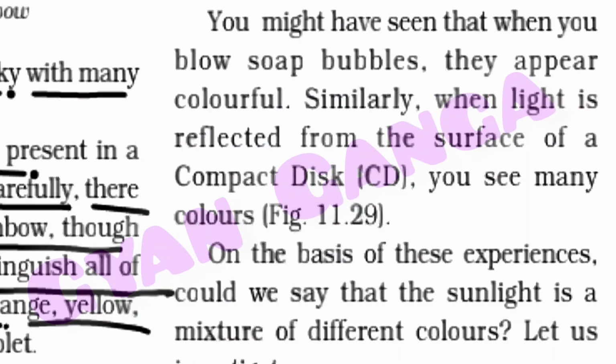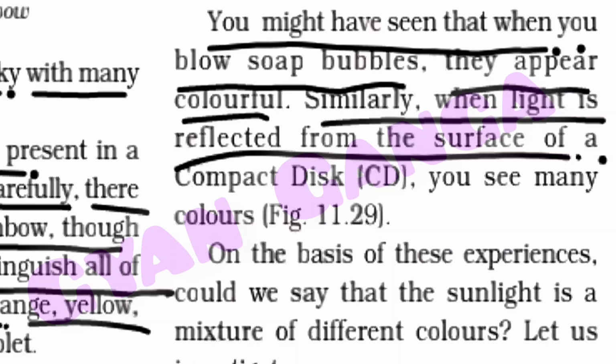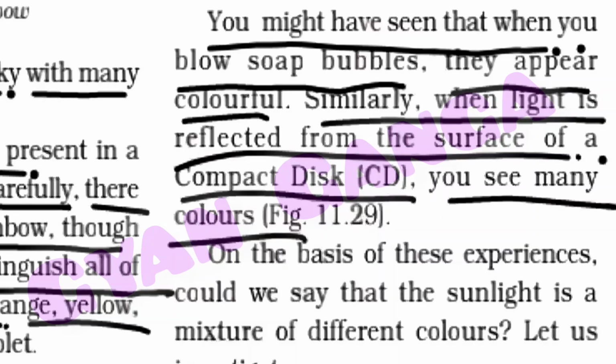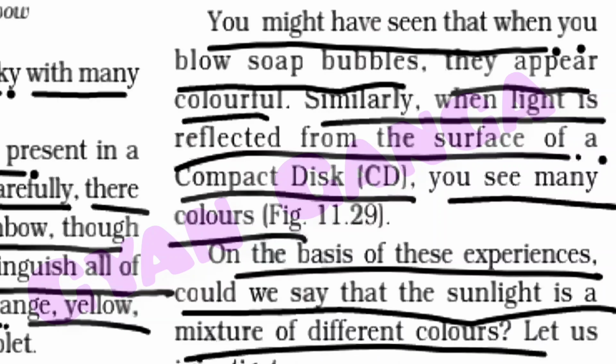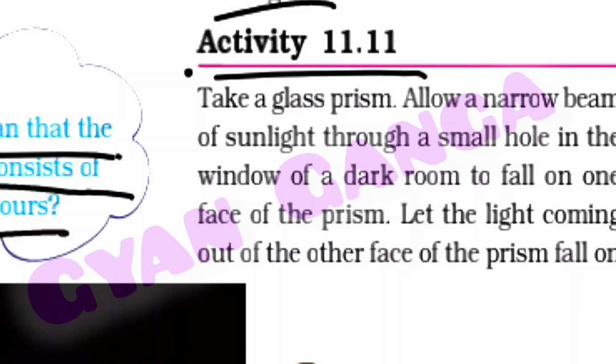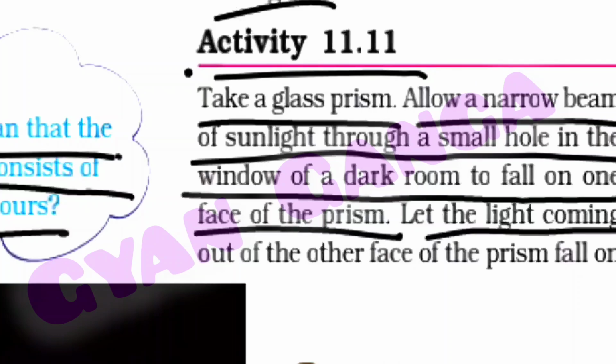You might have seen that when you blow soap bubbles, they appear colorful. Similarly, when light is reflected from the surface of a compact disc, you see many colors. On the basis of this, could we say that sunlight is a mixture of different colors? Let us investigate. Activity 11.11. Take a glass prism. Allow a narrow beam of sunlight through a small pore in the window of a dark room to fall on one face of the prism. Let the light coming out of the other surface of the prism fall on